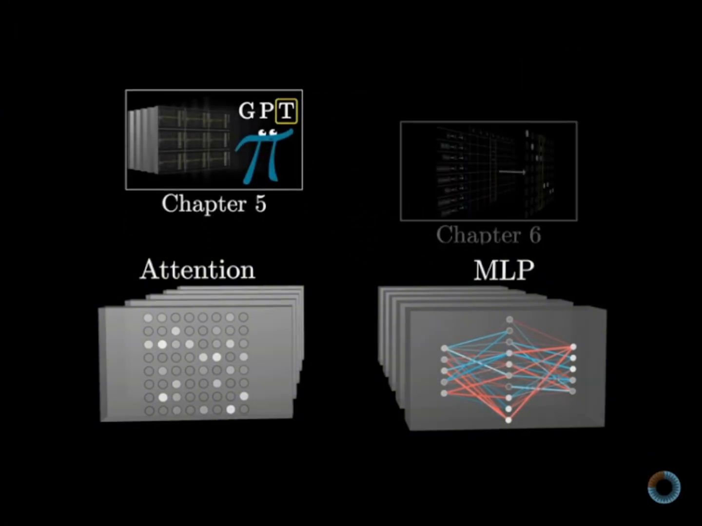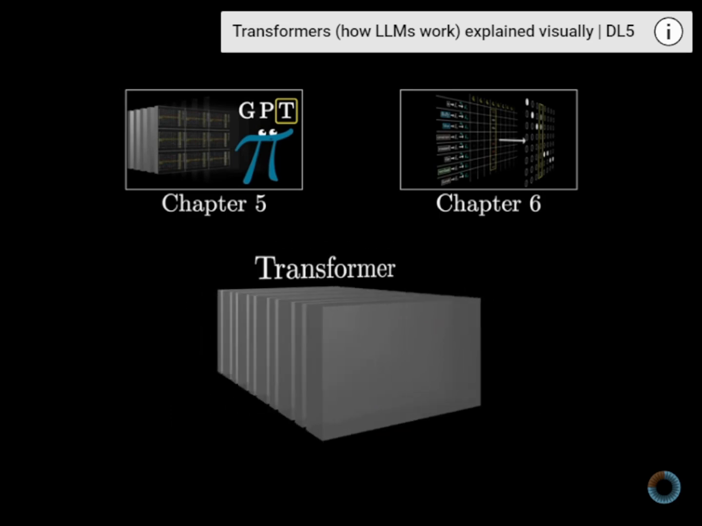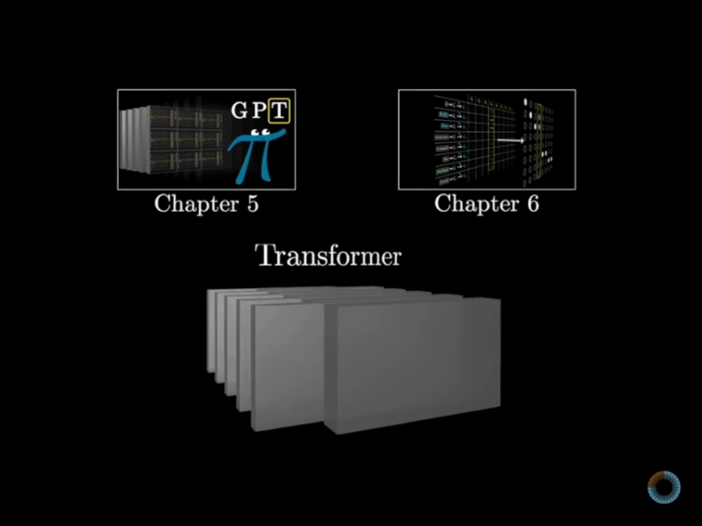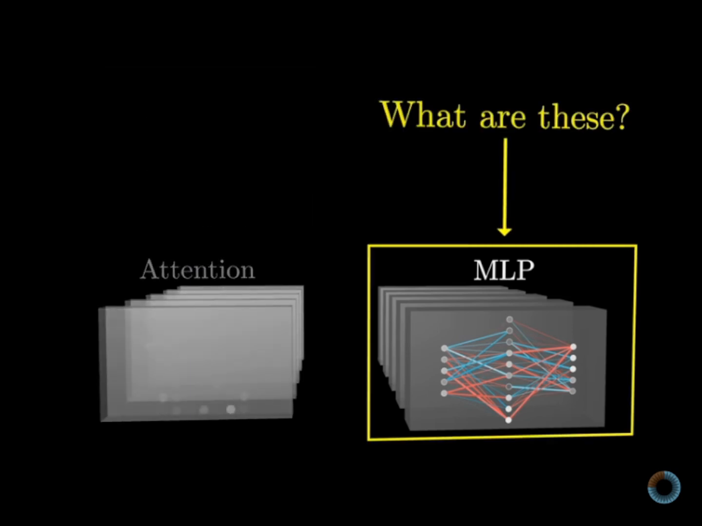In the last couple of chapters, you and I have been digging into the details behind transformers, the architecture underlying large language models, and also underlying a lot of other modern AI. In the most recent chapter, we were focusing on a piece called attention, and the next step for you and me is to dig into the details of what happens inside these multi-layer perceptrons, which make up the other big